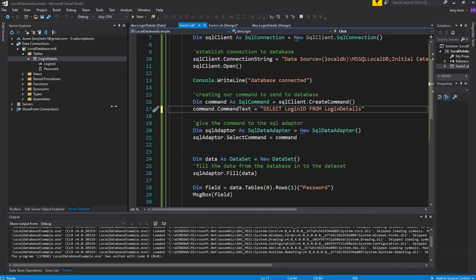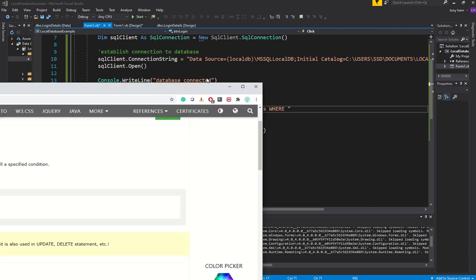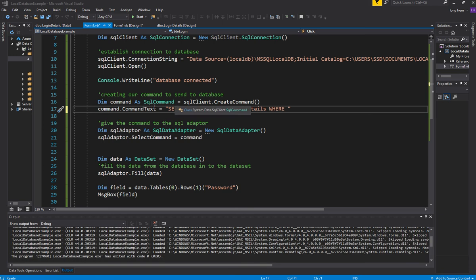So let's do that. All right, so pull that up. So we'll connect that, and then we'll write the word where. And you notice that SQL starts to get pretty long, right? So that's why they write it in an enter form here. But since I'm putting a string into this command text, I won't play around with it yet until it gets too long. And so we'll go where